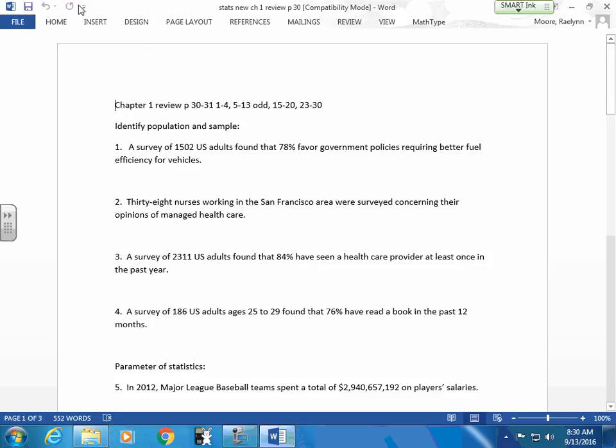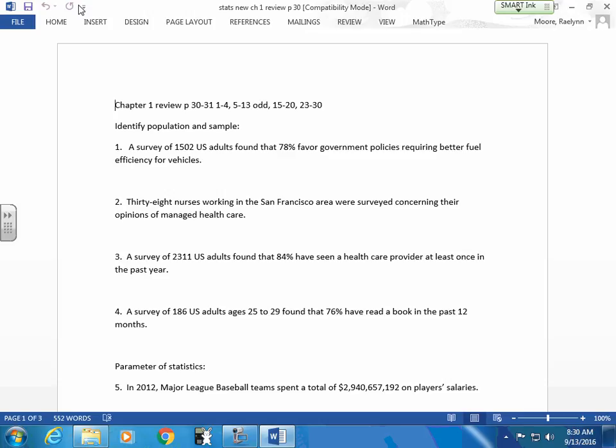1,502 adults. They found that 78% favor government policies requiring better fuel efficiency for vehicles. I have to read from my book. So what does 1,502 represent? A sample. A sample of what? U.S. adults. Are there more U.S. adults that I'm surveying for this? Yep. So, population: all U.S. adults. Sample of